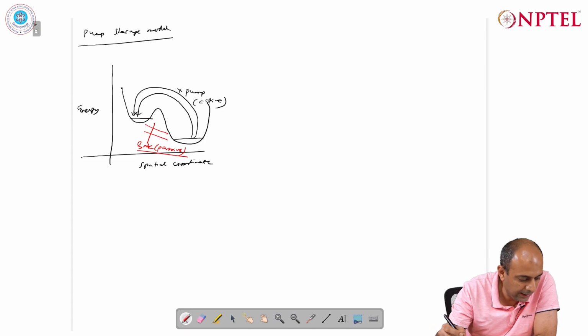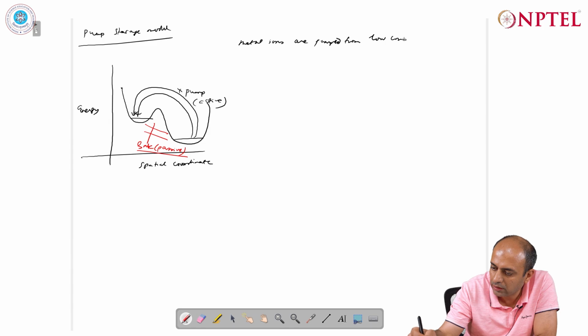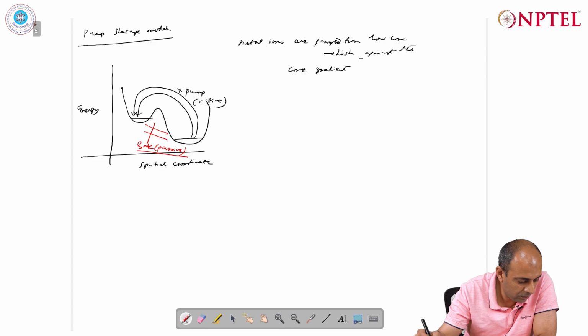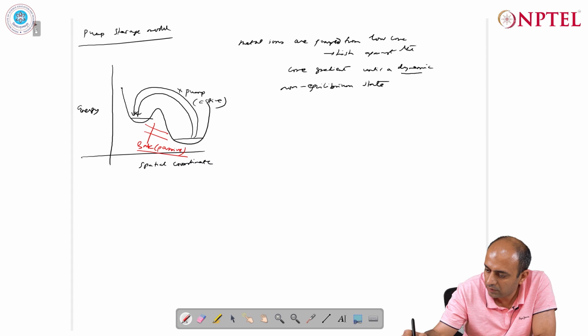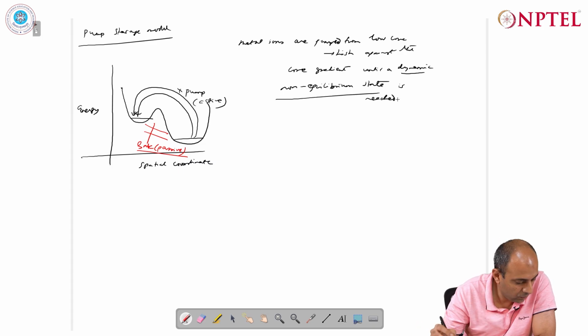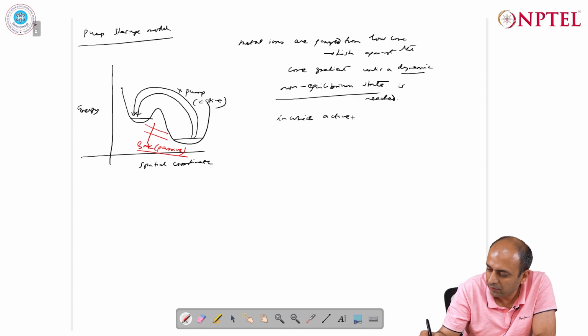And in this case, we will say that the metal ions are pumped from low concentration to high concentration against the concentration gradient until a dynamic non-equilibrium state is reached, in which active pumping is balanced by diffusion,